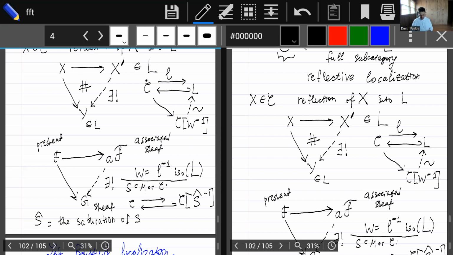The other restriction is that L preserves cobase changes, and cobase changes of isomorphisms are again isomorphisms. So the class W is going to be closed under cobase changes. In fact, that's exactly what the saturation does. This is just closure under cobase changes